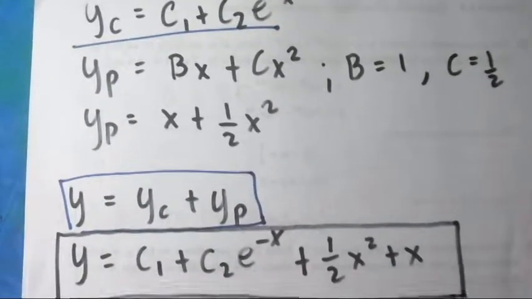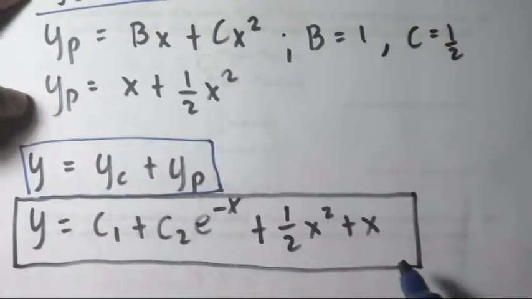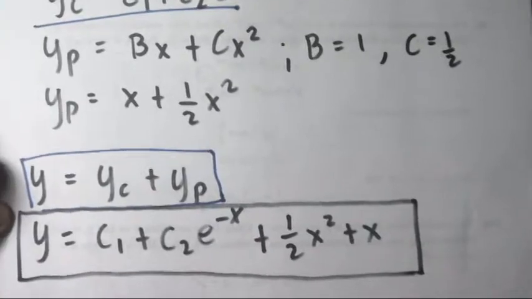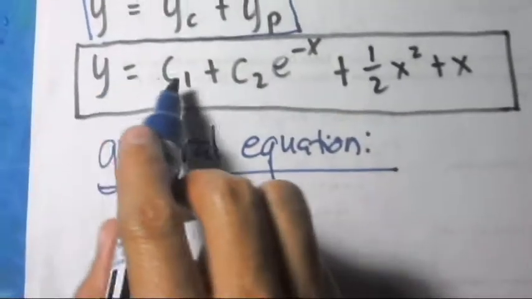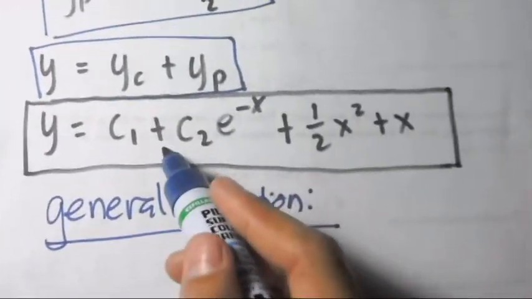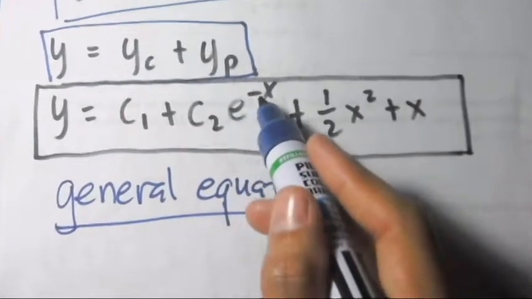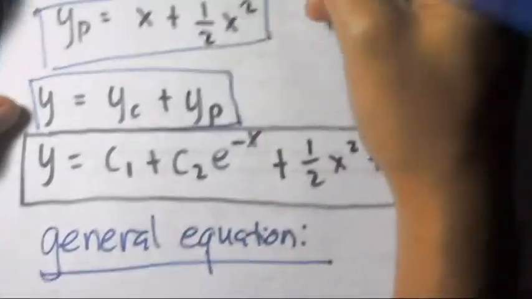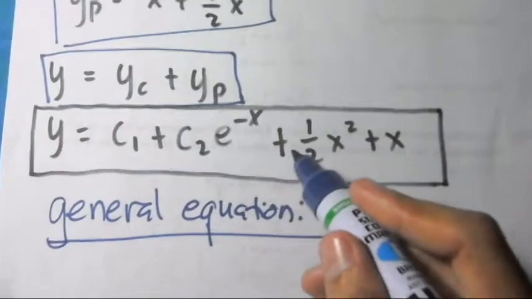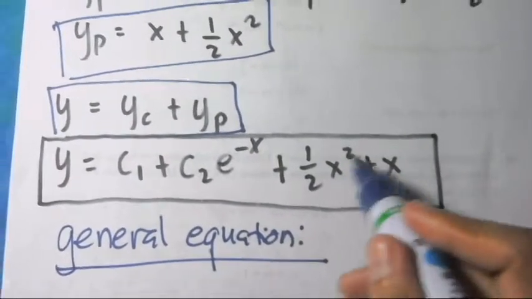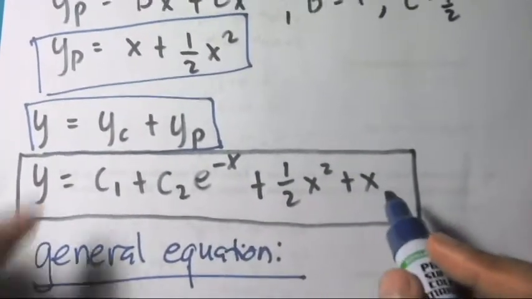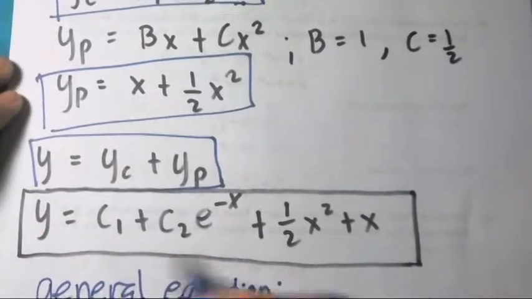By equating all these two variables, we now have the general equation, which is y equals c1 plus c2 e to the negative x, which is our y complement, plus 1/2 x squared plus c as our y partial. So that's the end